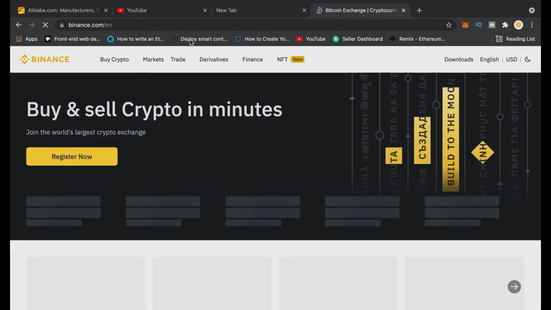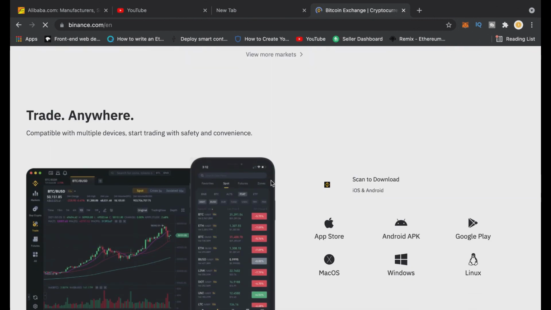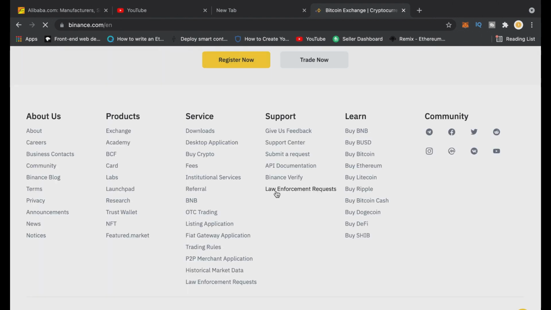Hi guys, on today's video I'm going to be teaching you how you can trade on Binance. I'll be taking you through the Binance features and how you can trade and do everything with your Binance platform. I think it's very easy. If you're new to Binance and you wish to learn a few things about the Binance trading platform,